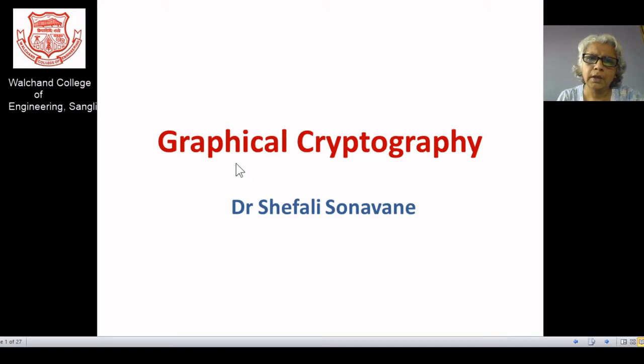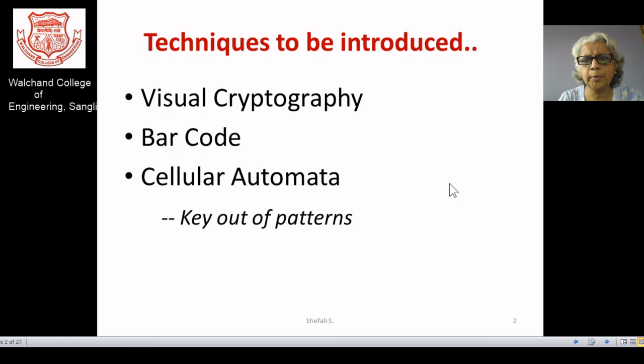Hello. In this session, we will go for some graphical cryptography as the title. Actually, this title is not so professional, or rather, you may find there are no algorithms available over graphical cryptography. But I would like to go through a few of the technologies which can be covered with graphical cryptography. One is visual cryptography, which is very well known by researcher Shamir himself. You may Google it and you can find a lot of literature available.